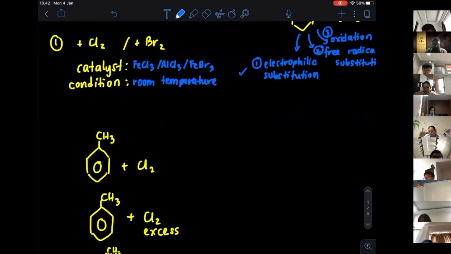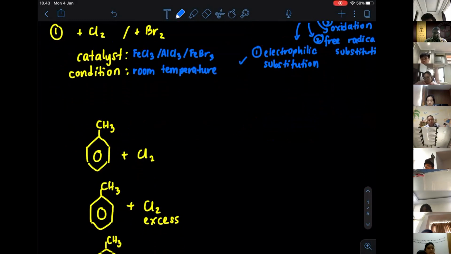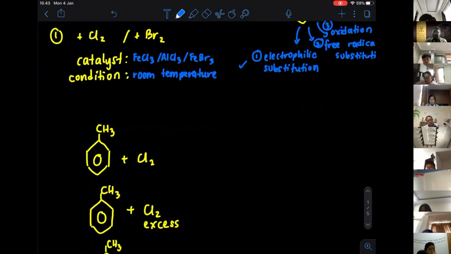If, for example, we are going to use this reaction and you want to put Br, the Br will go in. But there will be some situations where we use methyl benzene and react it with Cl2, and then we put the halogen carriers and so on. So what do we expect to see? We are going to get a mixture of product, because CH3 is going to be an electron